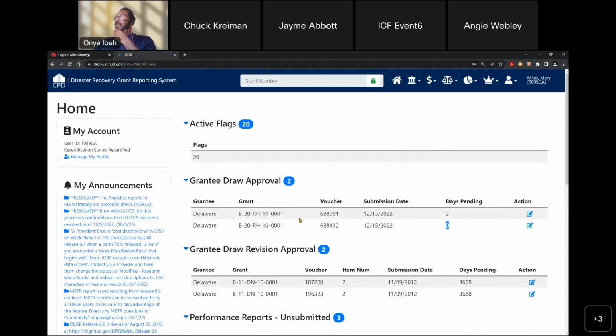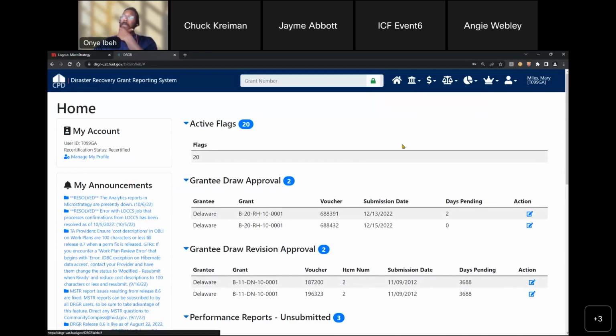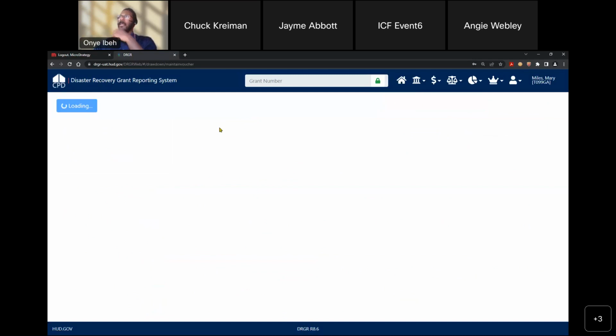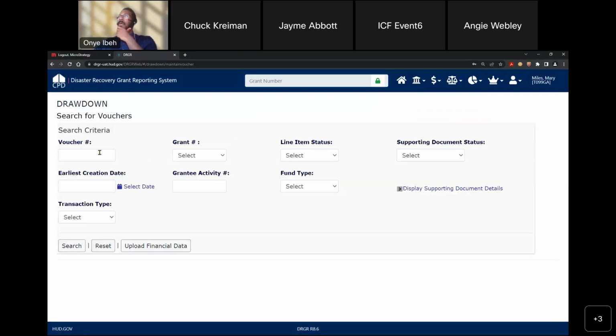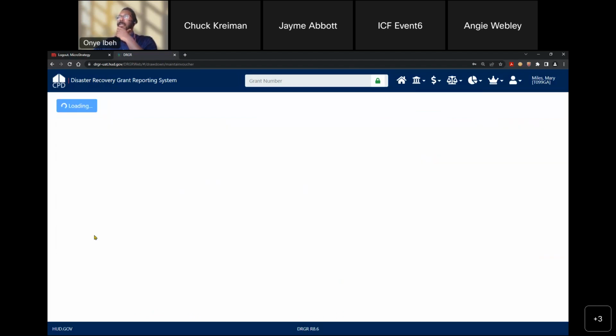Okay, so to get to these vouchers, I'm going to go to manage my financials again. As you can see, there is no option to create a voucher because I don't have the permissions. I can edit the obligation if I wanted to, but I don't create vouchers. So I'm going to go to search and maintain, and I'm going to do the exact same thing I did before. I'm going to go to the grant that I'm looking for, which is going to be this. I'm going to look for open vouchers. I'm going to search,